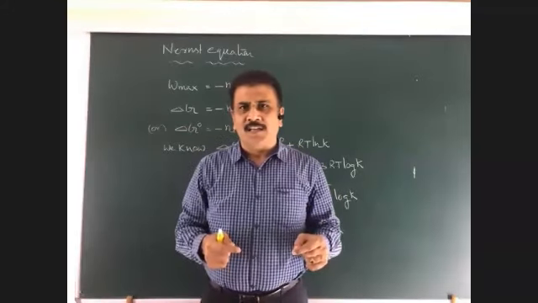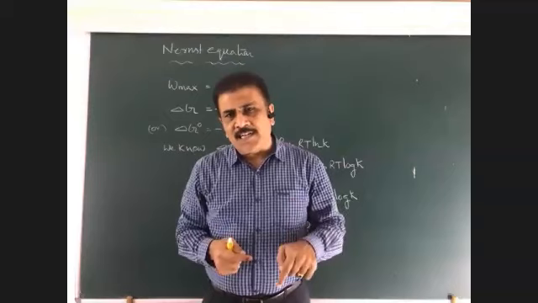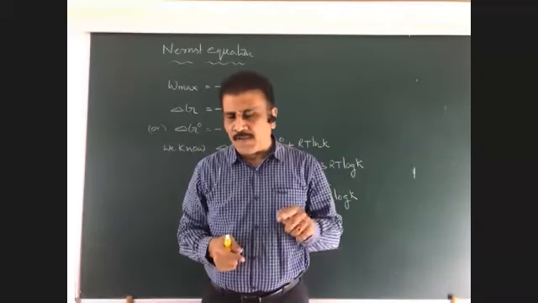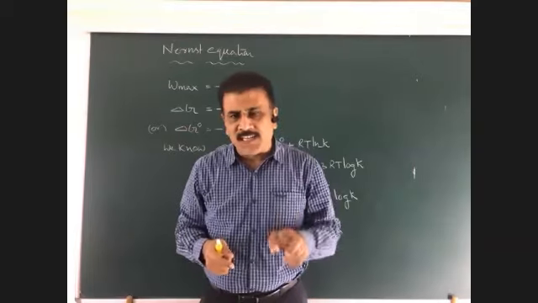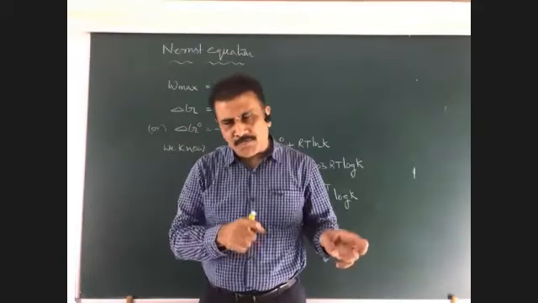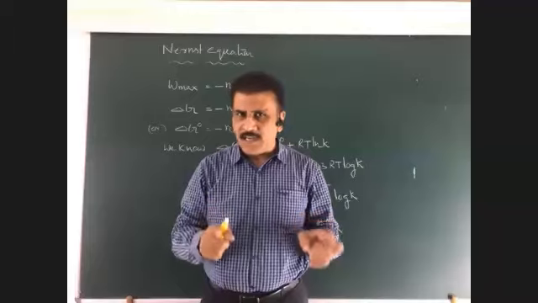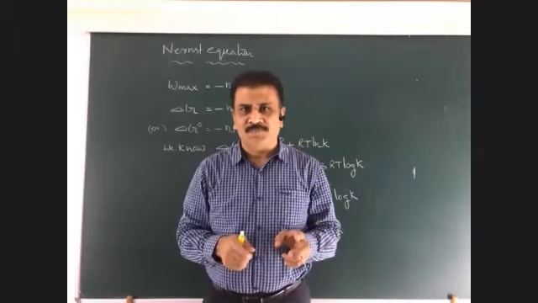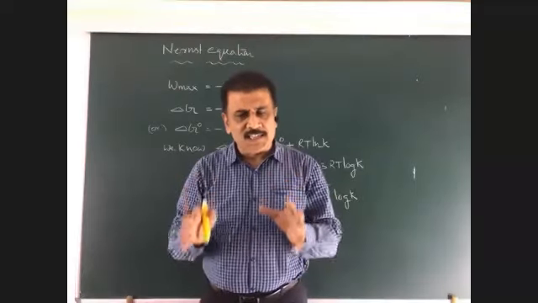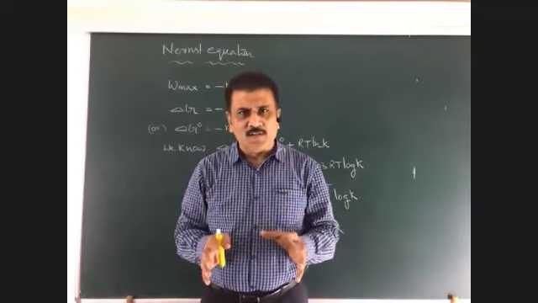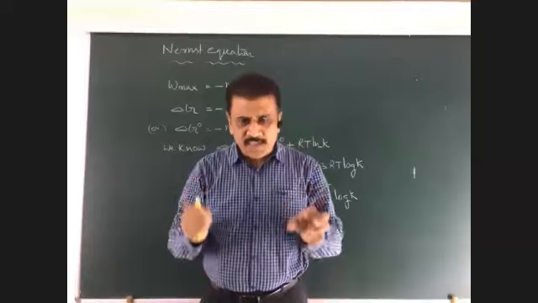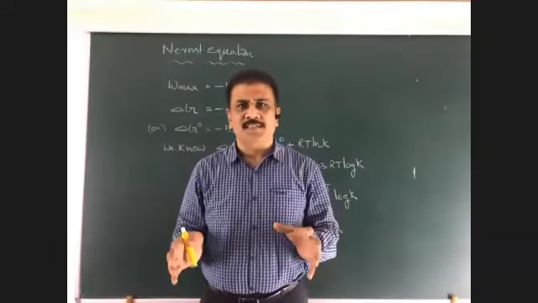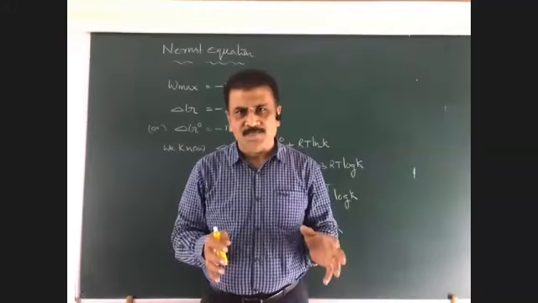Similarly, standard EMF can be calculated with the help of SRPs. We know the formula. EMF of the cell is SRP of cathode minus SRP of anode, or SRP of RHS side minus SRP of LHS side. Based on that, for the Daniell cell, the value is 1.1 volt, where these are standard values. If concentration changes, the EMF value changes.